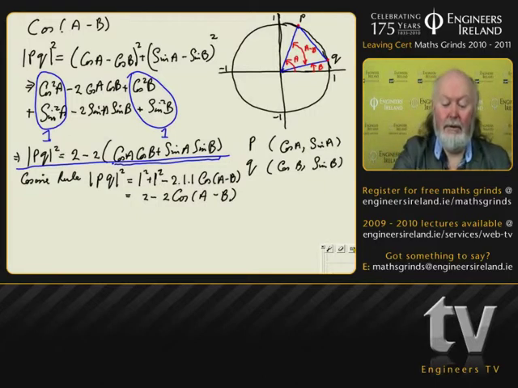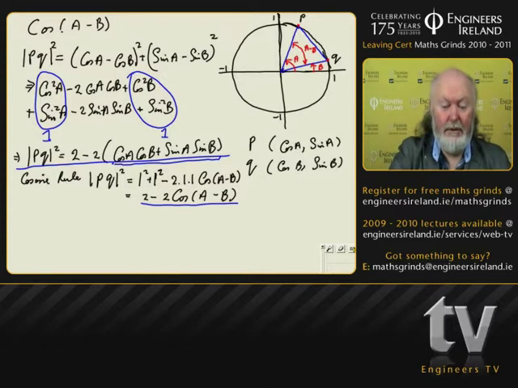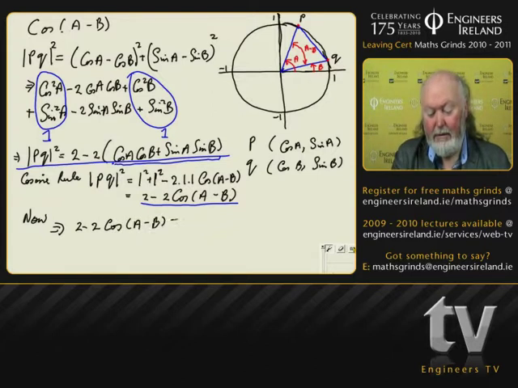That's our second expression. And because both of them are equal to the PQ squared, we can set one equal to the other. So we can say, now, that implies that 2 minus 2 cos of A minus B is equal to